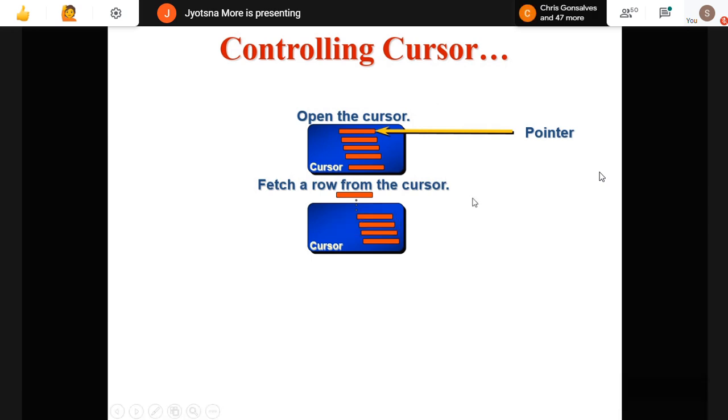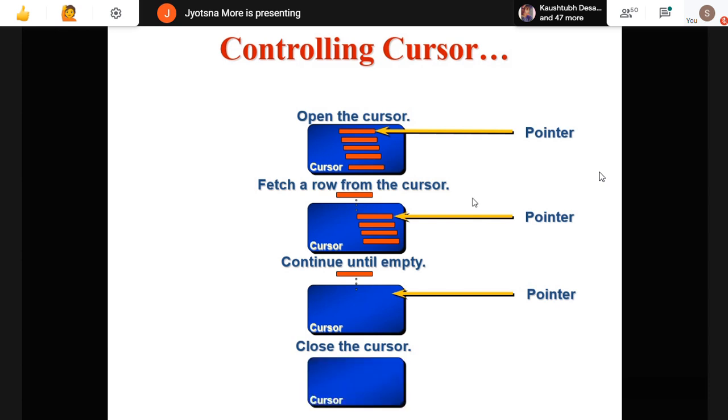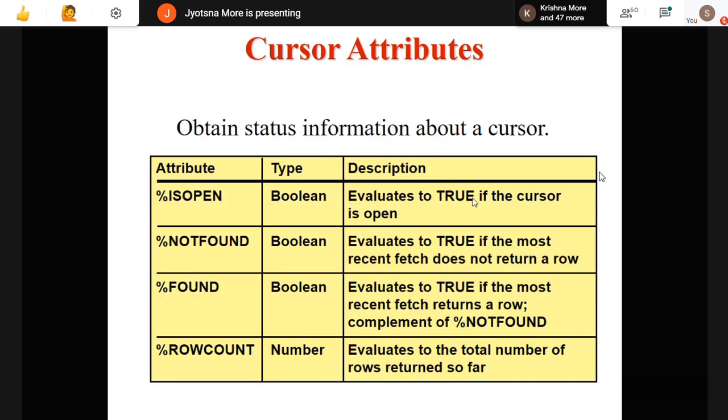Then it will fetch the data into my variable again, and it will continue till my cursor is empty. So once it is empty, it will get cursor with no data found. Then it will come out of the cursor, execute the close cursor, and finally it will continue with whatever statement you are having in your function or procedure. So that is about the cursor, how the data is fetched.